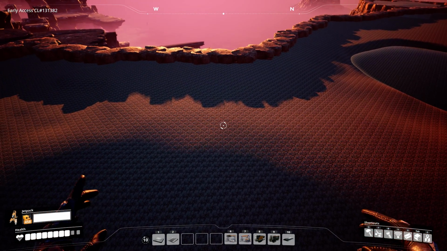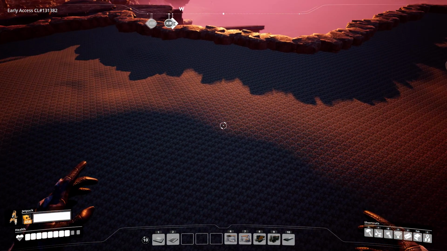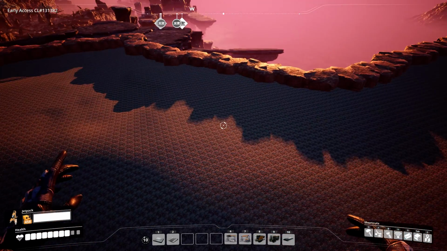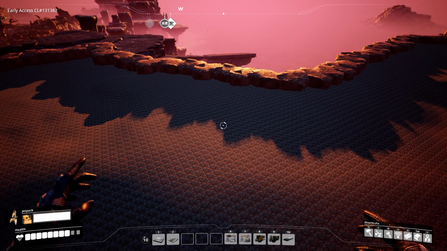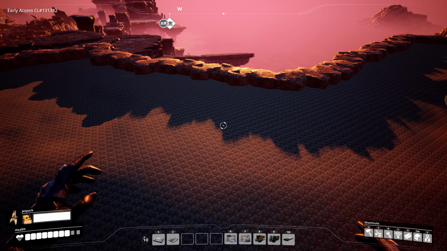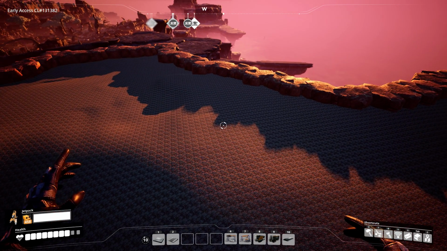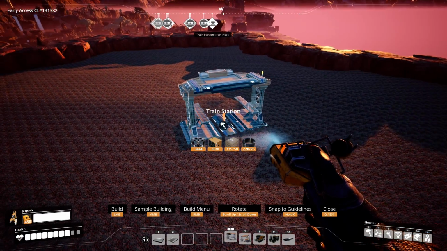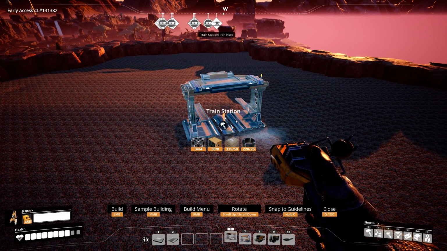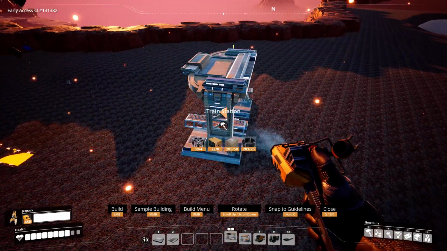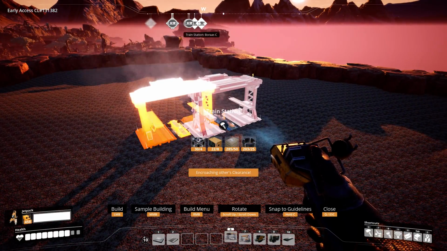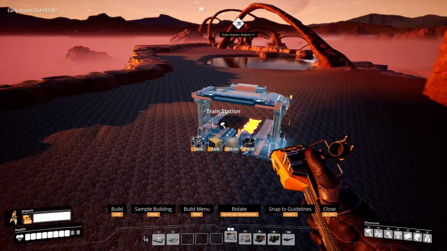Many people are having issues with the trains and the rails, so this video is an explanation of how to set it up properly. First of all, there's the train station, which is set up in a specific order. If you want a back and forth train with two locomotives, one on each end, you will need to have two stations